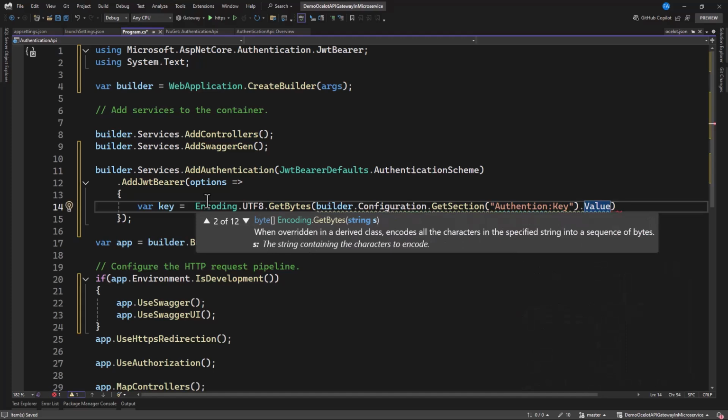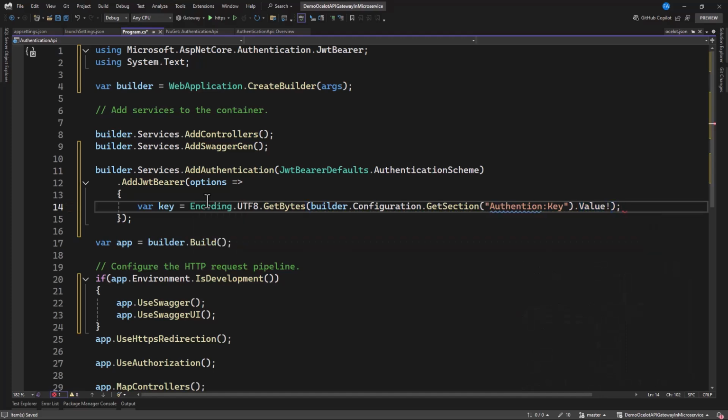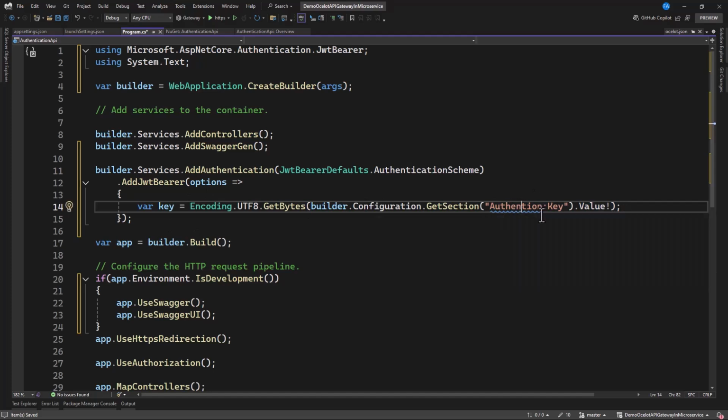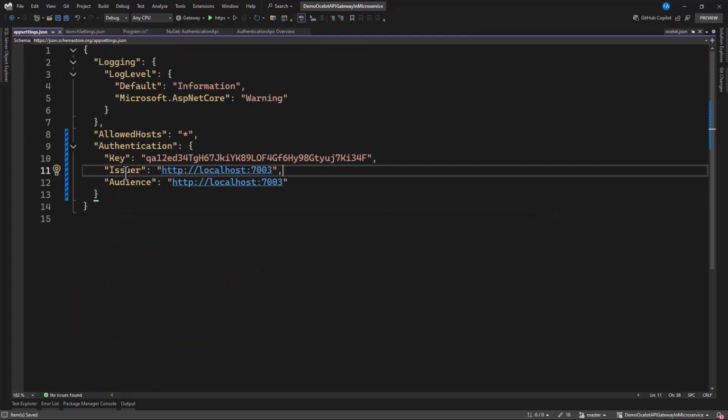This could be null, so let's check it. Okay, so Authentication, and now the key, and that is what you want to grab. Great.